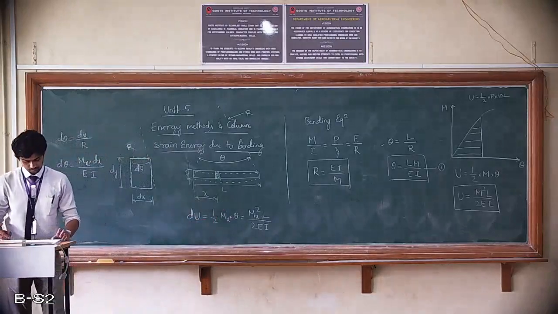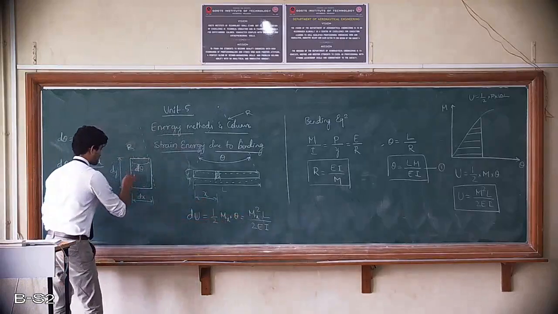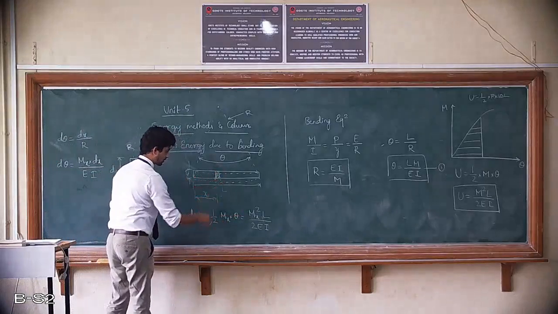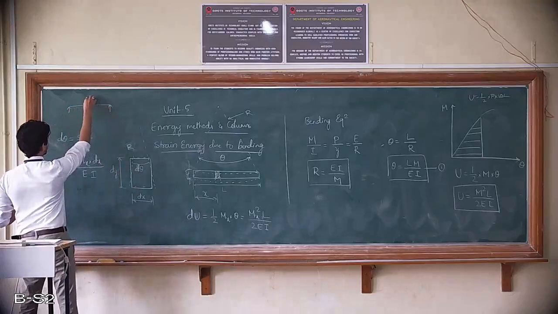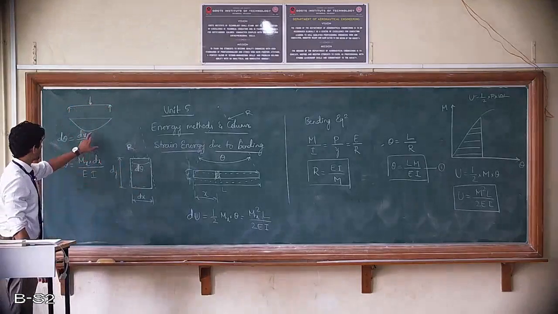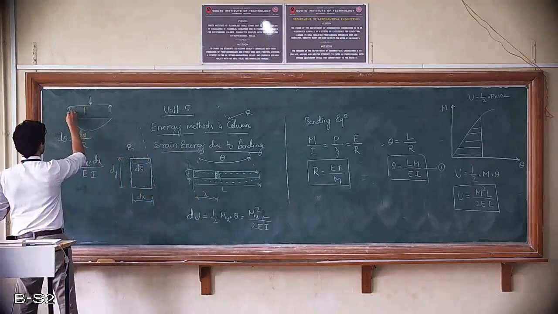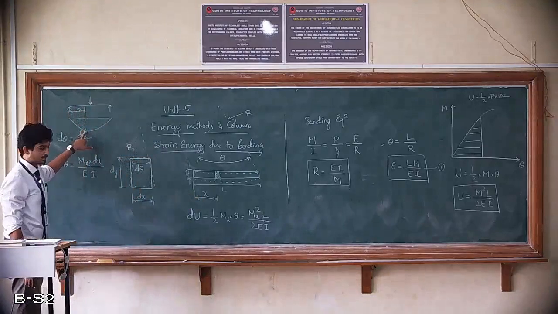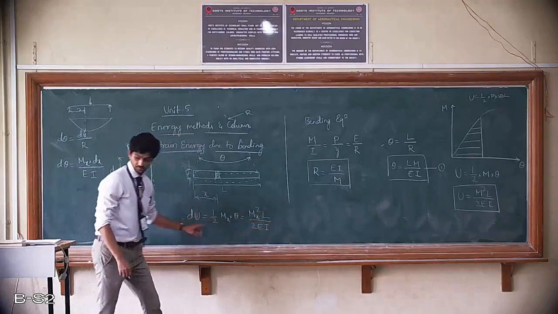In this particular case, the bending moment mx is for this particular element alone. What is the bending moment at that particular location? If this was a simply supported structure with a point load, then from the bending moment diagram you will get a certain value here. If you know the distance x, then at that particular location you will know the bending moment. You need to substitute that bending moment in this equation to find the elemental strain energy.